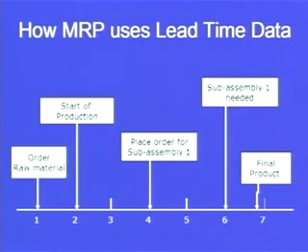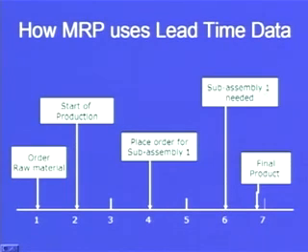How lead time is used, you can see on your screen: how MRP uses lead time data. We know that if today we order, we will receive it after 7 days. That is used by the MRP system. On your screen there is a very simple diagram. Suppose this is the number of days. We want a final product by this day, maybe by the end of the 7th day.